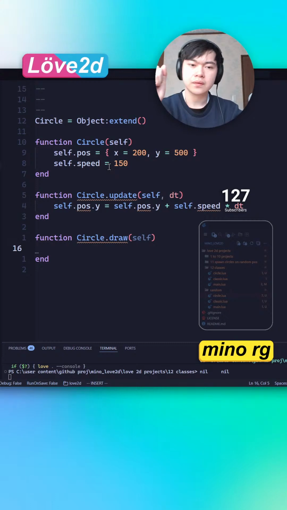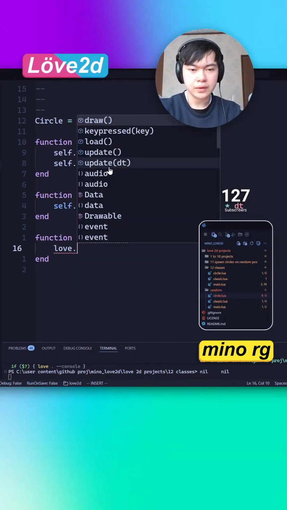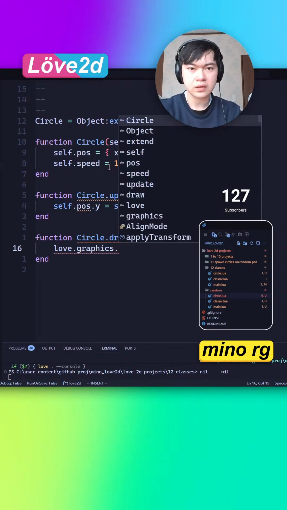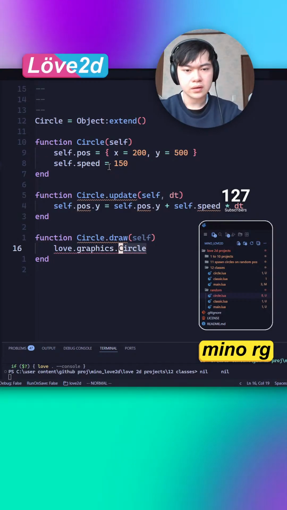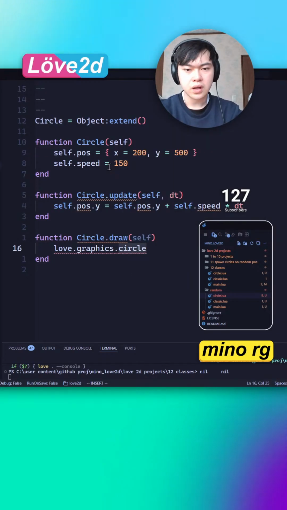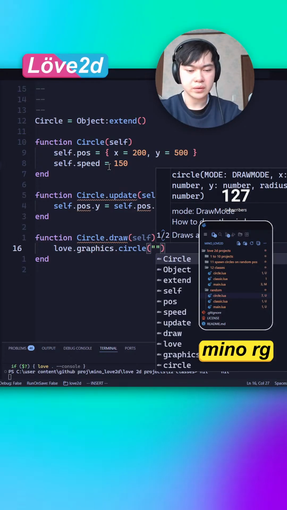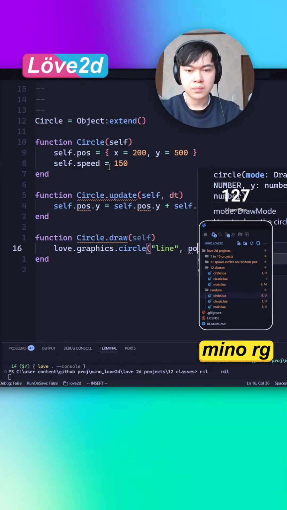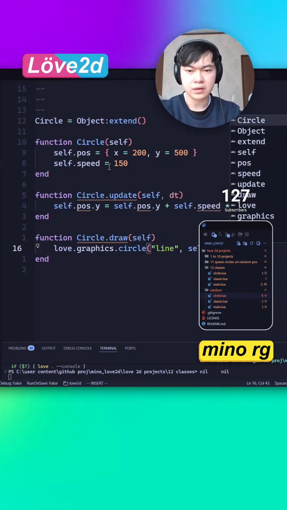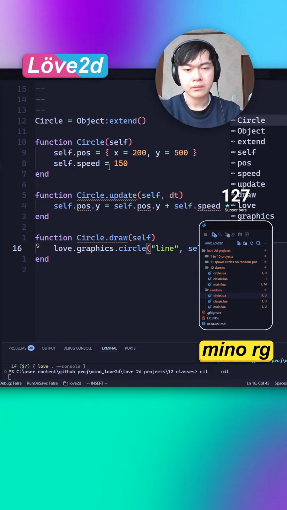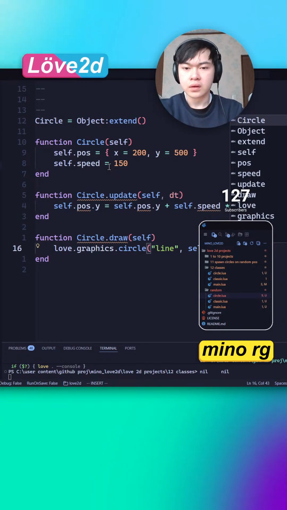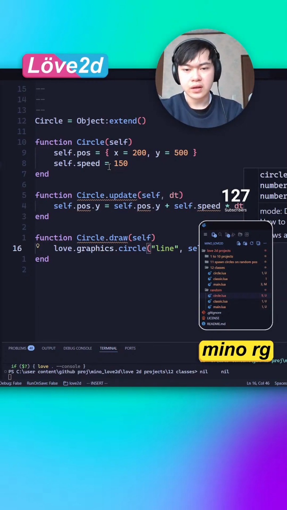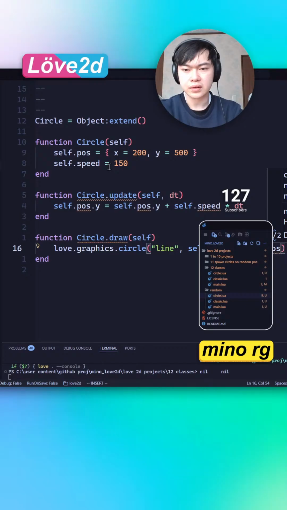If we do that, we can do love.graphics and then dot circle. Why is it capital letter? I don't think we need it to be a capital letter. Line pos dot self dot pos dot x and self dot pos dot y,